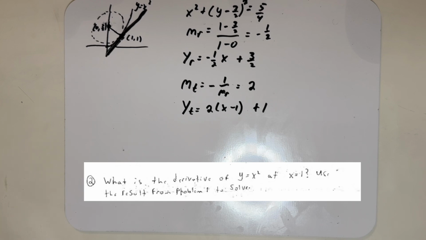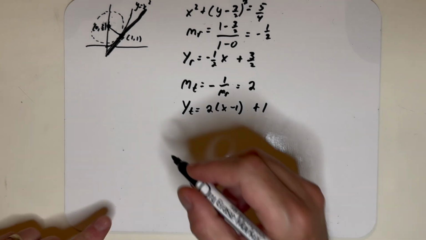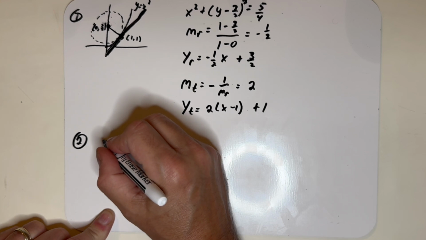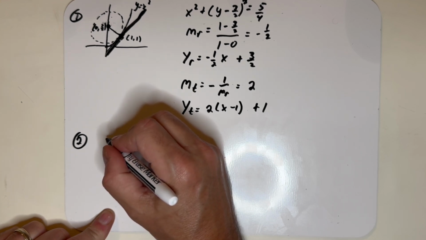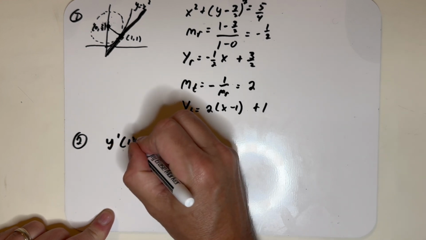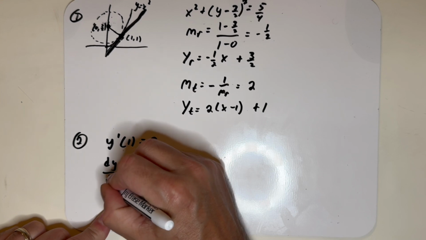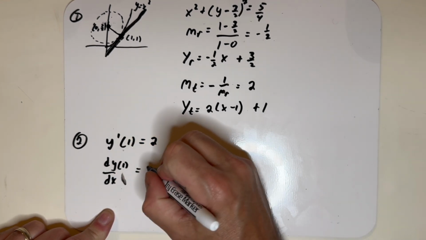Problem number 2 says, what is the derivative of y equals x squared at x equals 1? Use the results from problem 1 to solve. Well, the derivative is just the slope of the tangent line at that point. So we know that the derivative, this would be problem 1, we're now on problem 2. Since the slope of the tangent line at (1, 1) is m sub t equals 2, then y prime at 1 is equal to 2. Alternatively, we could write this as dy/dx at x equals 1 is equal to 2. All